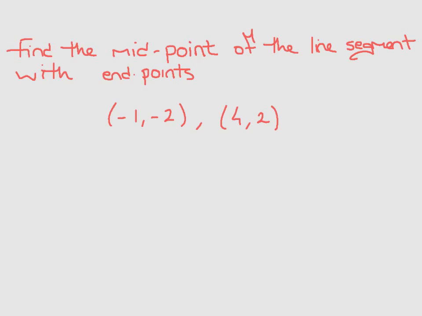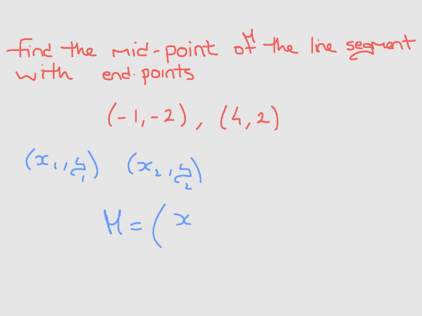To find the midpoint of the line segment with endpoints which have coordinates -1, -2, and the second point with coordinates 4, 2, we'll be using our formula to find the midpoint of a line segment. This formula tells us that if we have a line segment with endpoint x1, y1, and a second endpoint x2, y2, then the midpoint, which I'll call M here, will always have coordinates equal to, the x-coordinate will be equal